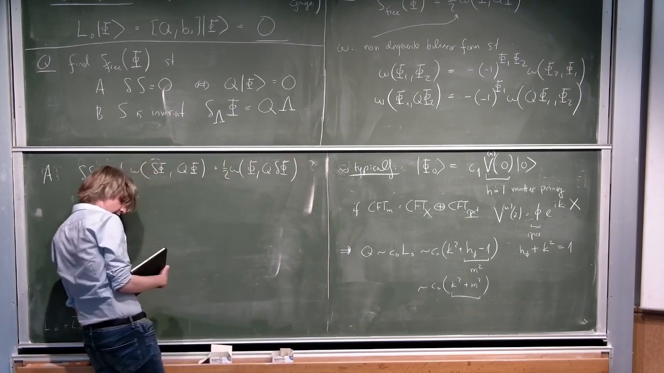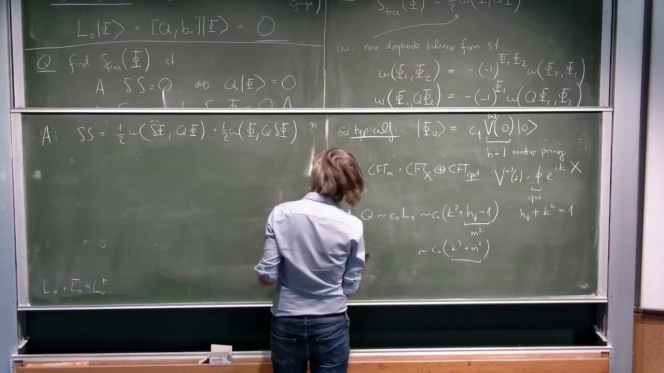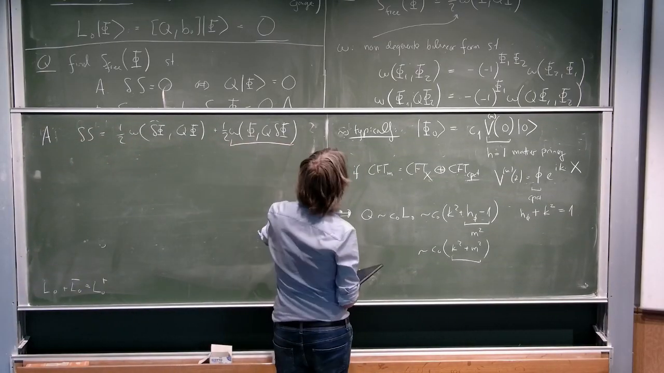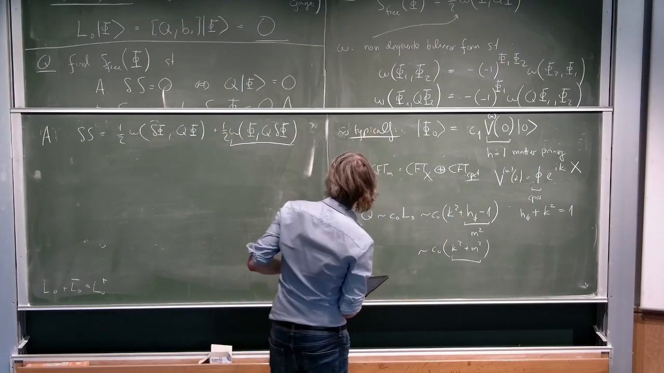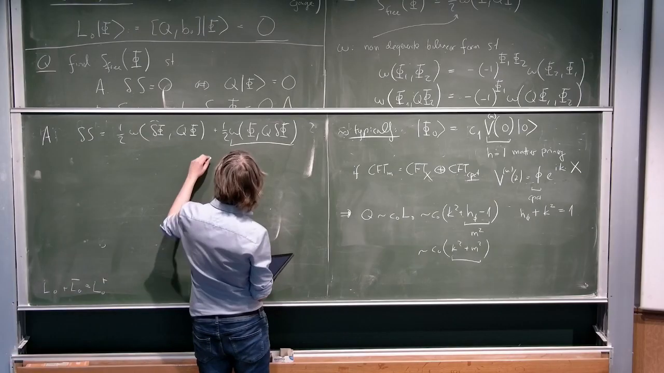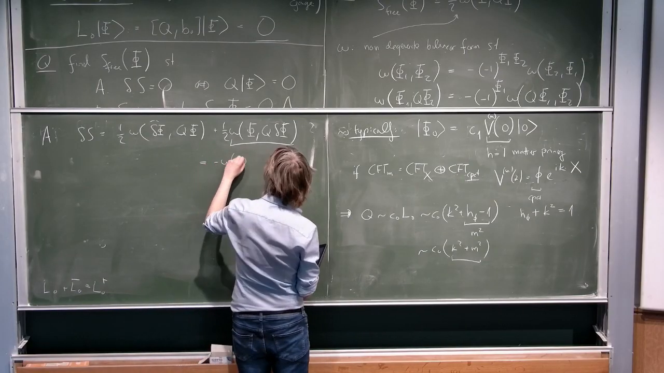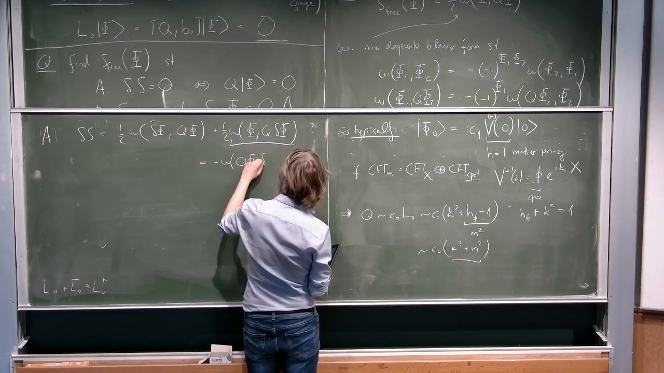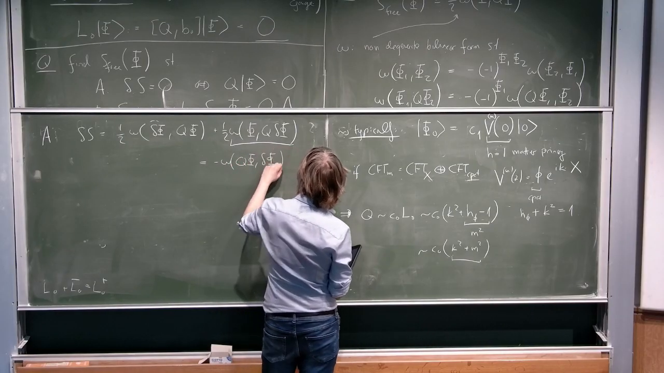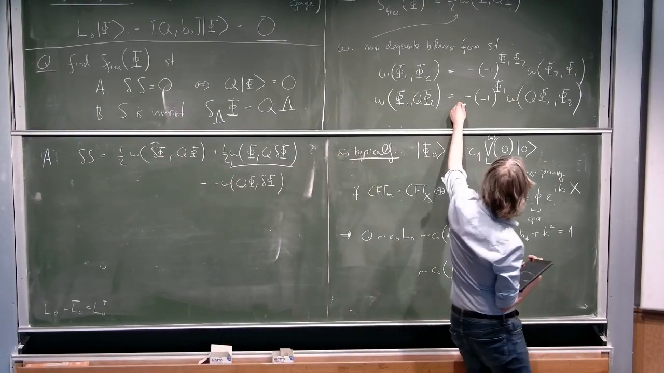So then let me focus on manipulating the second term. In the second term, what I can do first, I can use the second property, the BRST invariance, to rewrite it as minus omega Q phi1, phi. So here I'm picking up this minus,